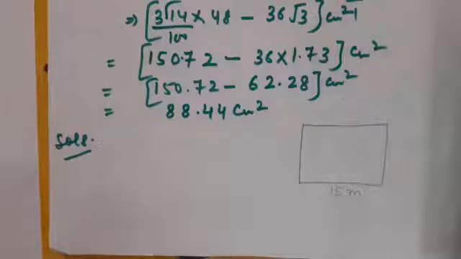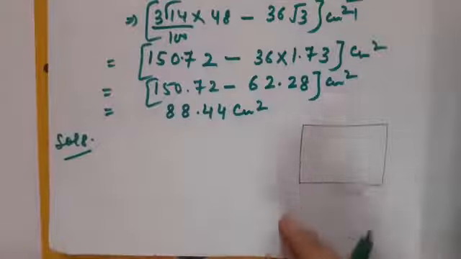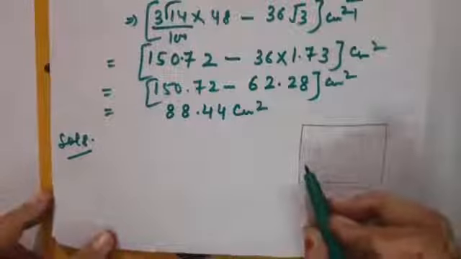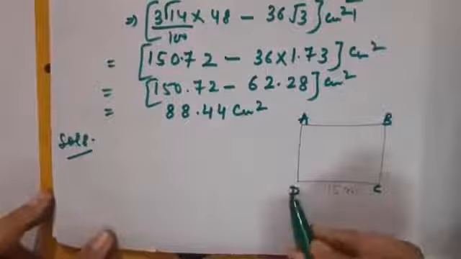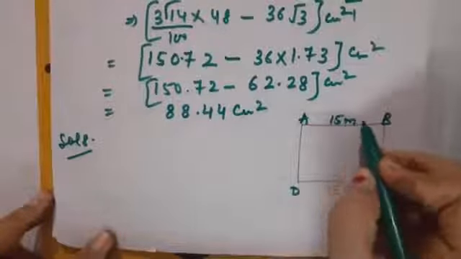Now children, I am going to switch to the next question, that is question number 8. Very important. Please have a look. A horse is tied to a peg at one corner of a square shaped grass field. This is a square shaped field I have just drawn. You can give the name also. This is ABCD of 15 meter side each.